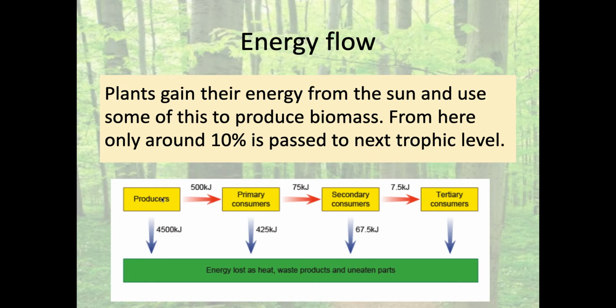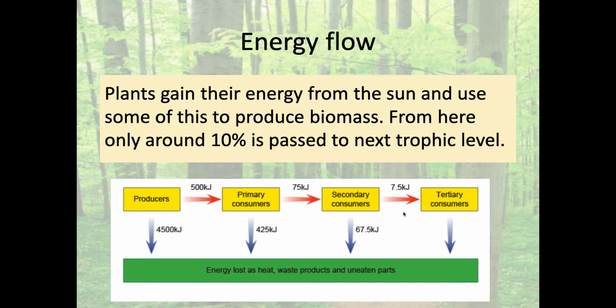So you can see that for the amount of energy coming in to the earth, because this is where the energy is coming from, the sun, it's the producers that are capturing that energy. You can see that there has to be an awful lot of these compared to these for the system to work. Just pause and think about that. You could not have as many tertiary consumers as you have producers because they can't get enough energy. There has to be a lot more of these in order that these can exist at all.